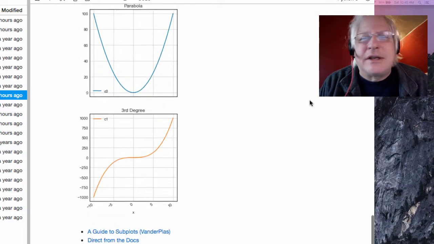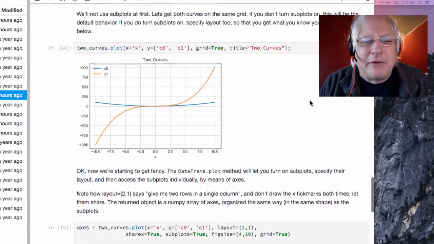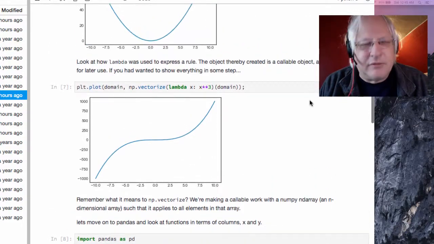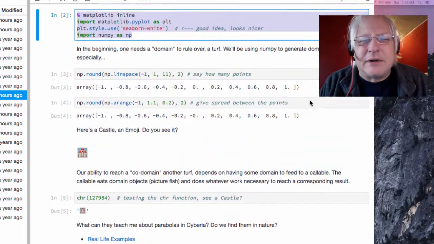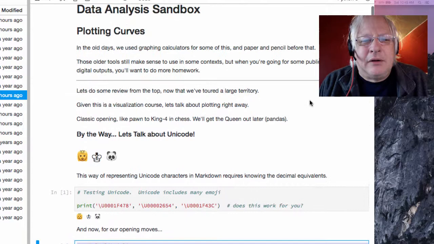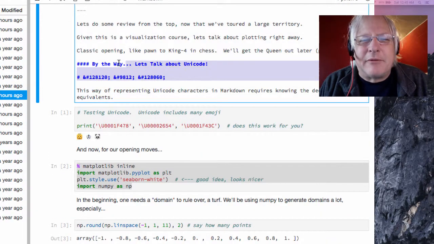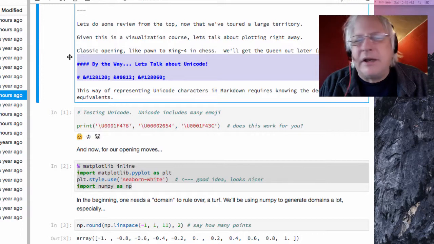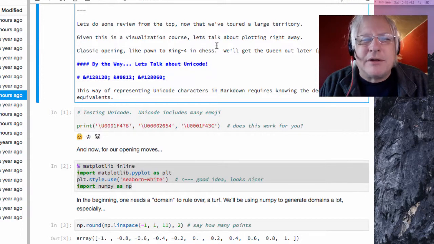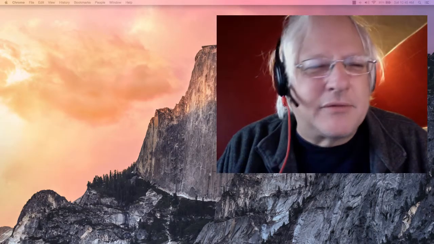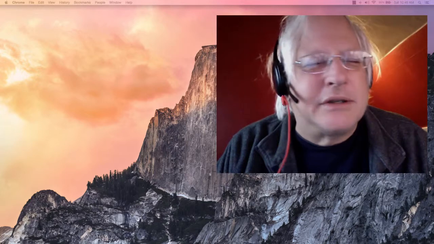So where Synergetics was going to fit in, and by the way, we've got the emojis and Unicode practice going, always part of it. I worked that in. So when I say we're going to do our classic opening like Pawn to King 4 in chess, I'm referring to this sort of litany of commands here, what we always do, right? Our opening moves. But since I'm talking in a colorful and figurative manner, I put some emoji in Unicode, and this is a reminder to the other places we do that.